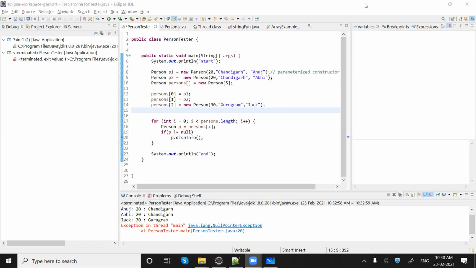Anuj, it's like creating a temp variable. Like that, we are creating a temp object inside the loop at line 18, person p. Yeah, exactly. For example, there are multiple methods available in this class, and I want to call each method from that class. So it is better to use this name instead of writing persons i multiple times. Getting my point?